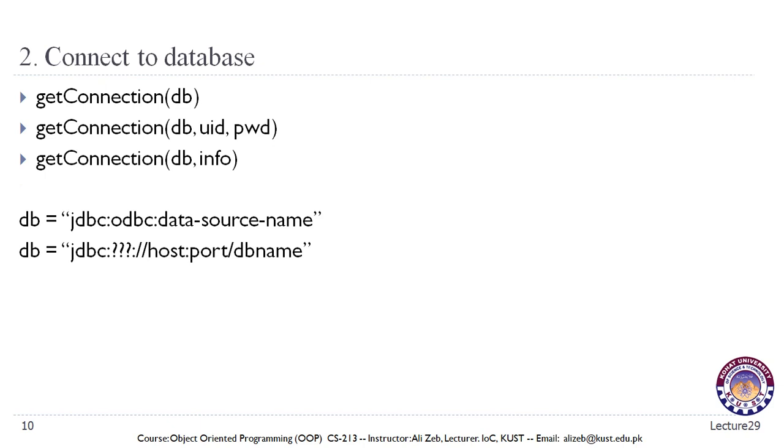And then we need to connect to the database through the get connection method. It's a static method, and we can pass different values. For example, we need to pass the name of the database, the user ID, and the password to the get connection method of the driver manager class, and then we will be able to establish a connection